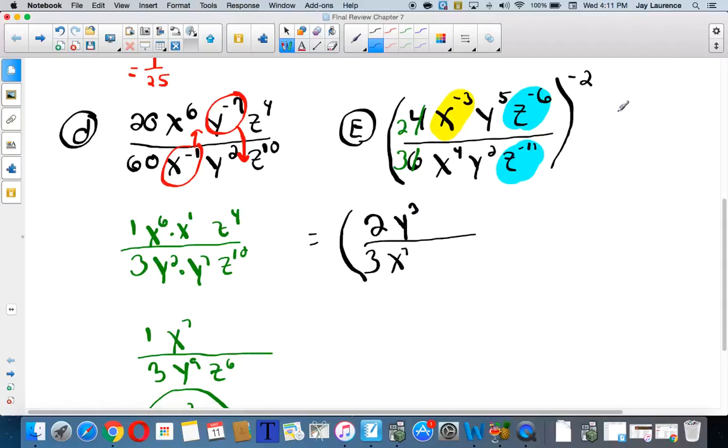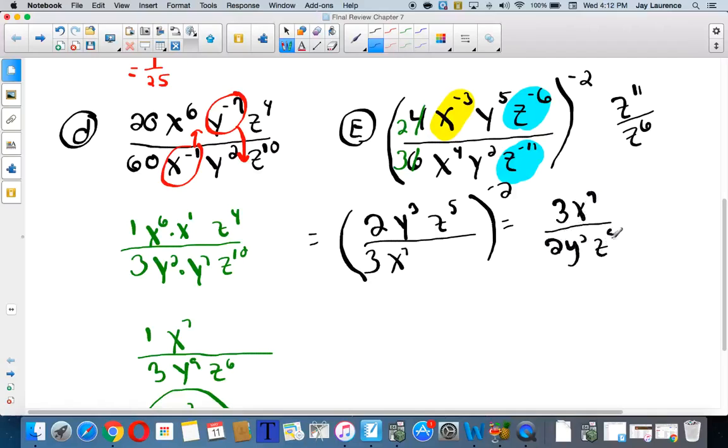The z's are changing places, so they're going to look like this, right? When I cancel out, how many z's are going to be left over? 5. Or z to the 5th, where they're going to be in the numerator. Now, this is all raised to the negative 2nd power. So, I'm going to get rid of that negative exponent. How am I going to do that? I'm going to use the reciprocal. So this is going to be the same as 3x to the 7th over 2y cubed